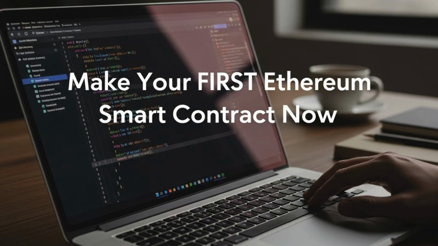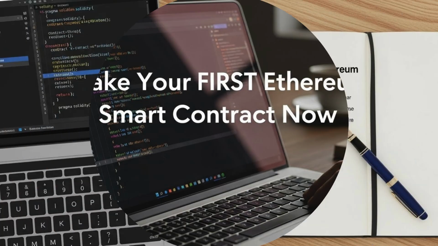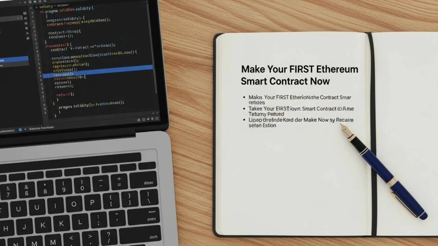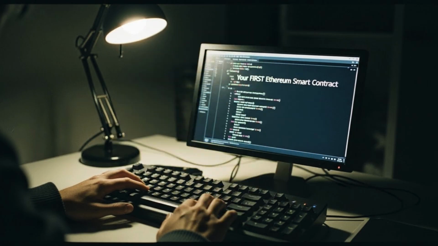One of the biggest hurdles is understanding the programming languages used to create smart contracts, such as Solidity. Additionally, deploying the contract on the Ethereum network can be intimidating, especially for those new to blockchain technology. The fear of making mistakes or getting stuck can be discouraging, but don't worry, I'm here to guide you through the process. By the end of this video, you'll have a clear understanding of how to create your first Ethereum